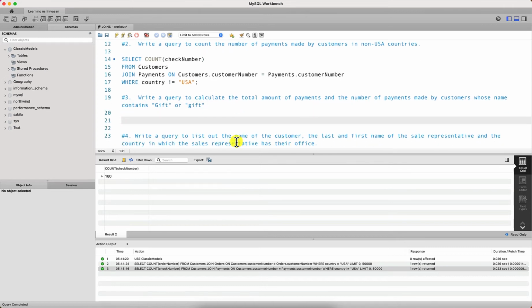Let's take a look at the next query. Write a query to calculate the total amount of payments and the number of payments made by customers whose name contains gift or Gift. And so, again, we are experimenting, playing around with the different functions and the different options that we can run in the select and the where clause. So select